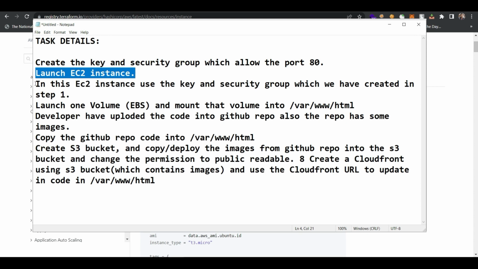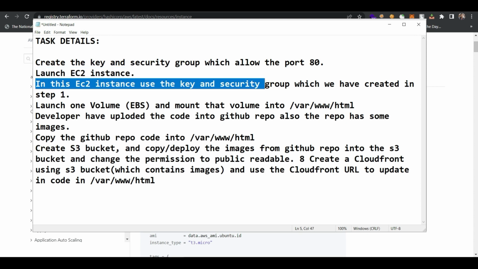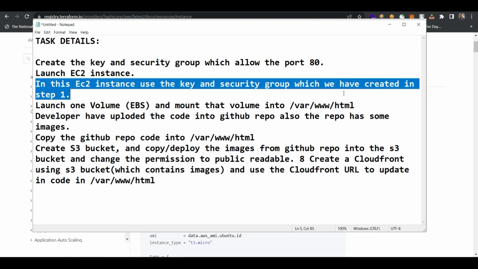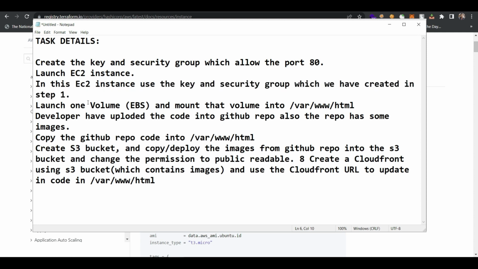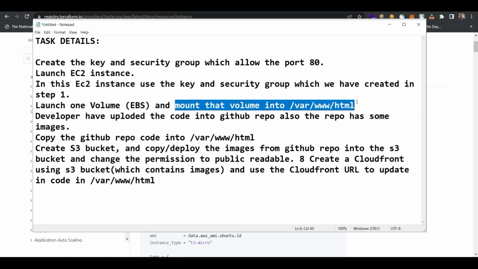After that, in the EC2, we'll be using the key and security group which you created in step one. Whenever you select an existing security group or existing key pair, you select it graphically from the drop-down button. Like that, here also we will be doing that attaching part via the code. Again, after that, we'll be attaching the EBS volume, which AWS does automatically for you, but while writing the code, you have to do that. And also mount the volume into